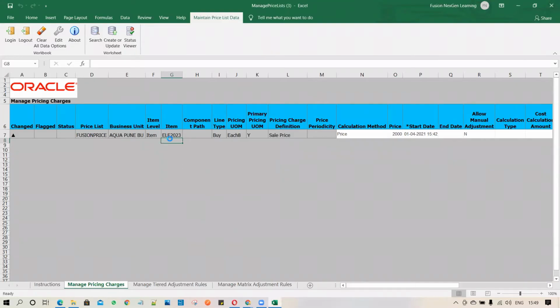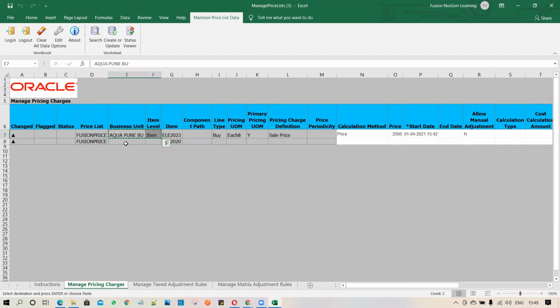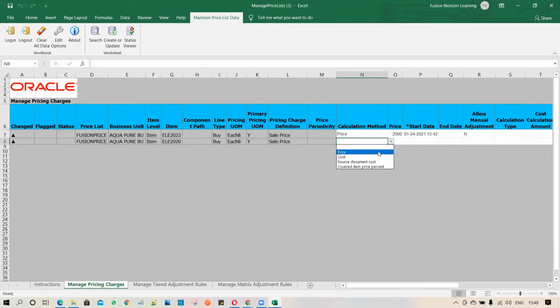So you have to enter the item. You paste it, and you can see a new row will be added within that ADFDI Excel. You have to copy your price list name, the price list you want. So you just copy all those values from the top. Once you add it, in the drop down you have to select the price.